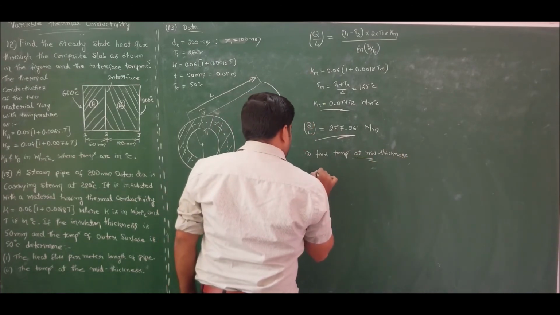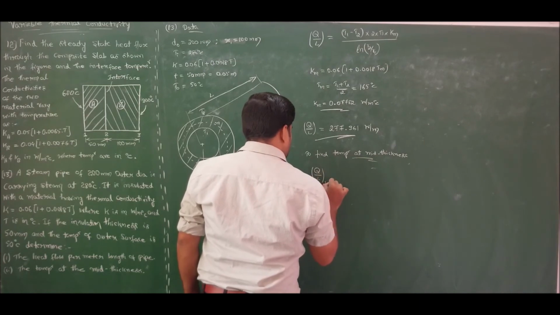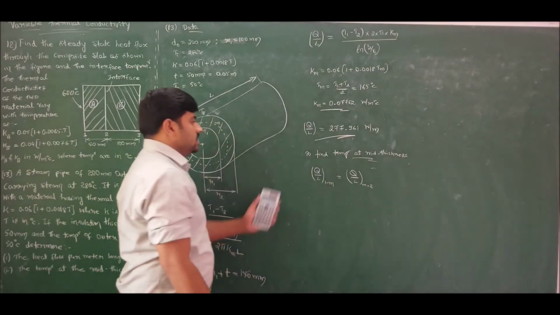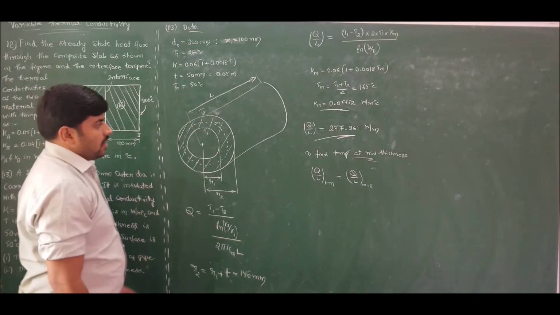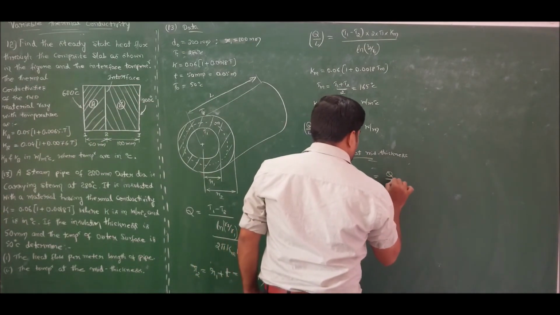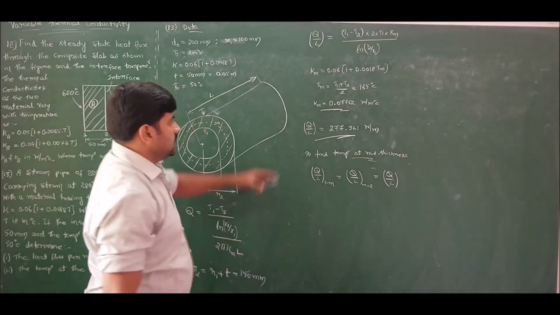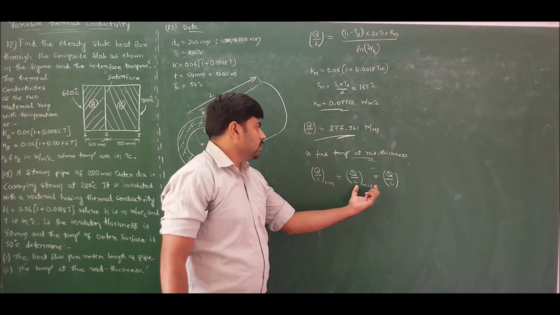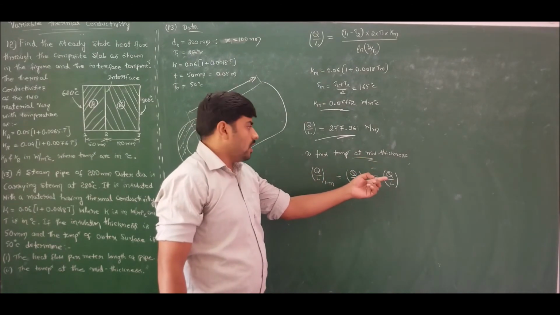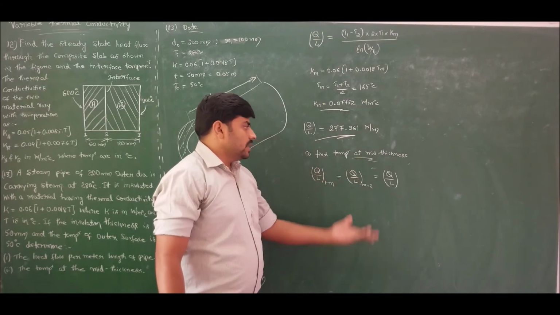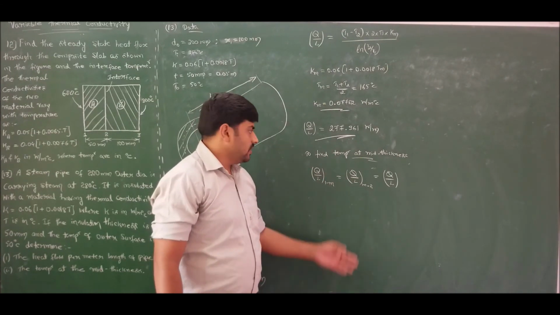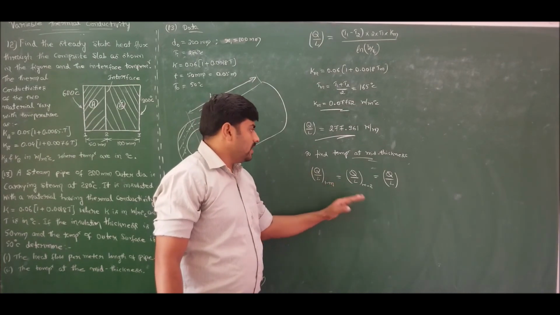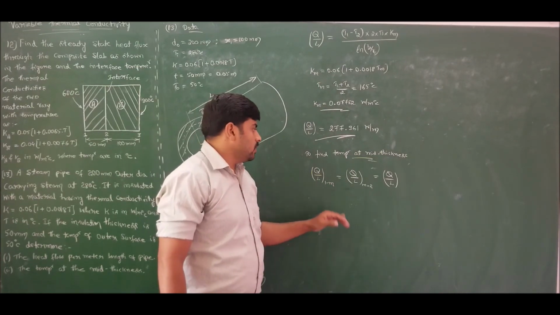we know the formula that Q by L from 1 to mid thickness is equal to Q by L from mid thickness to surface 2. This is for steady state heat transfer. And also this must be equal to what? Q by L total, that is 277.361. Either I can equate 1 and 2, or 2 and 3, or 1 and 3. So we have many possibilities. You can solve whichever is convenient. If I go for this, then we'll have the unknown on both the ends. So now to avoid the tedious simplification, let me go for 1 and 3.